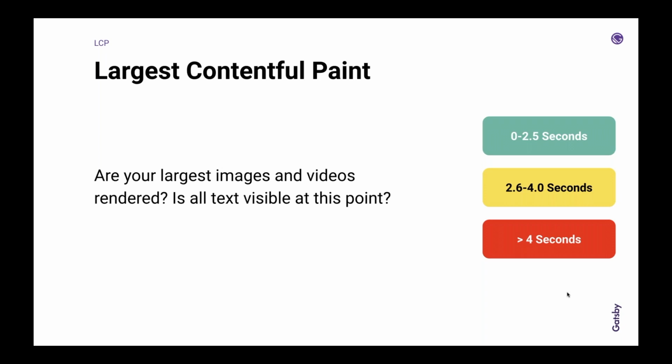Definitely, and the scale on the right here is pretty consistent as far as green, yellow, red. Green is good, yellow is going to be in the needs improving bucket, and red is poor. You'll see that there's a scoring mechanism for all of the 3 Core Web Vitals, and it'll be similar.